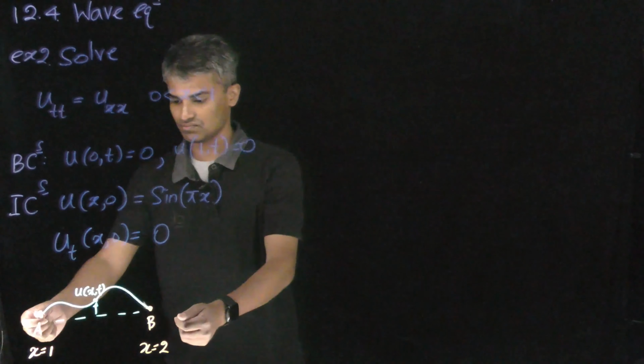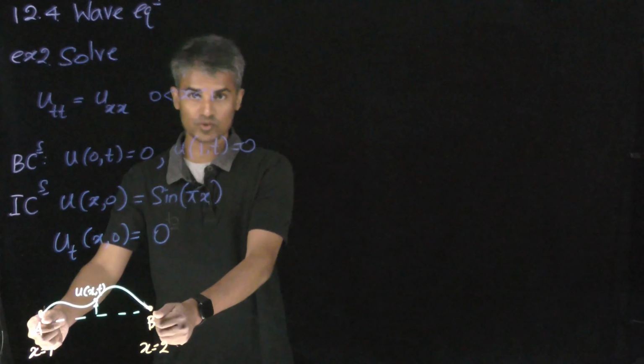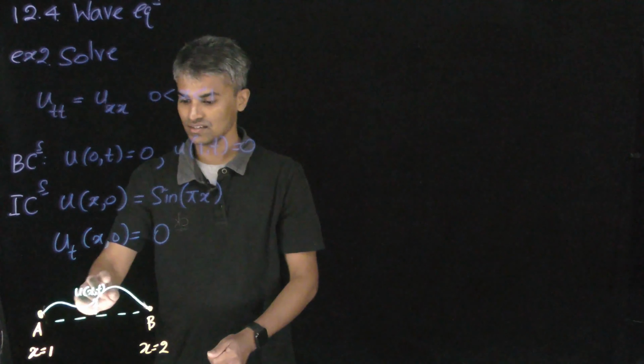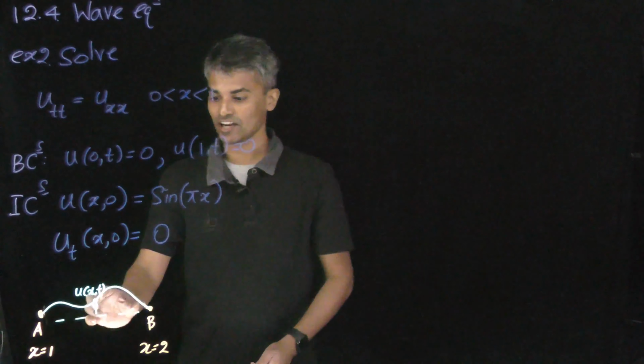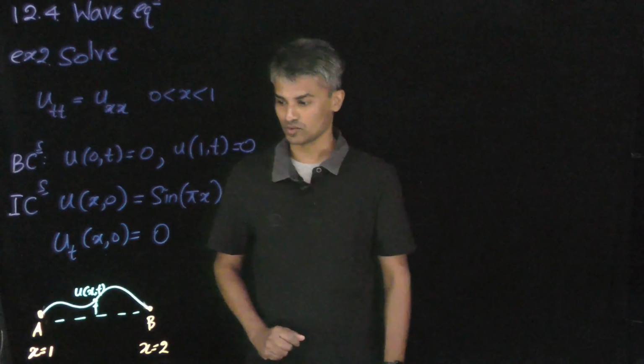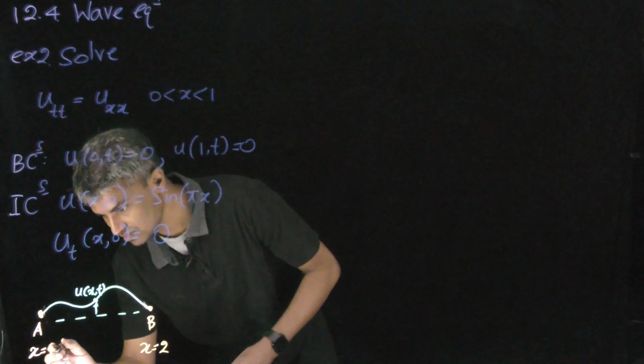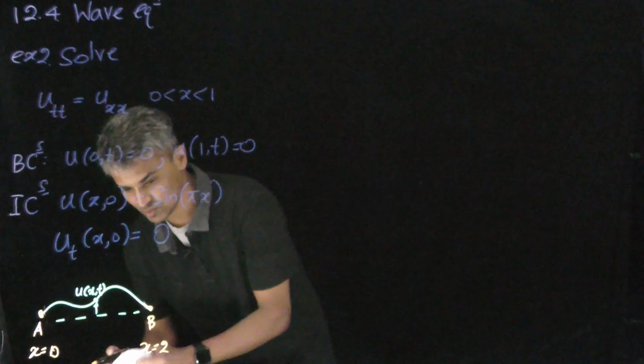So if you think about this picture, here we have two fixed endpoints, and then this is the profile of the wave, and our goal is to solve for this unknown u. This should be x equals 0,